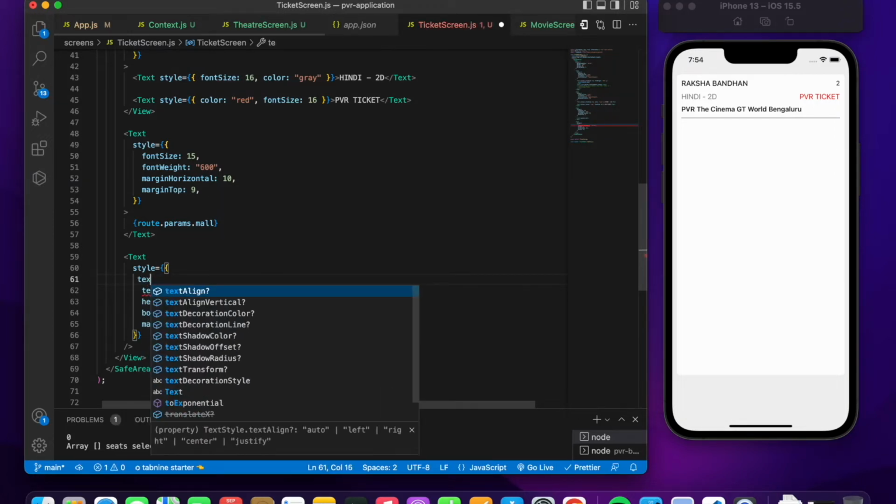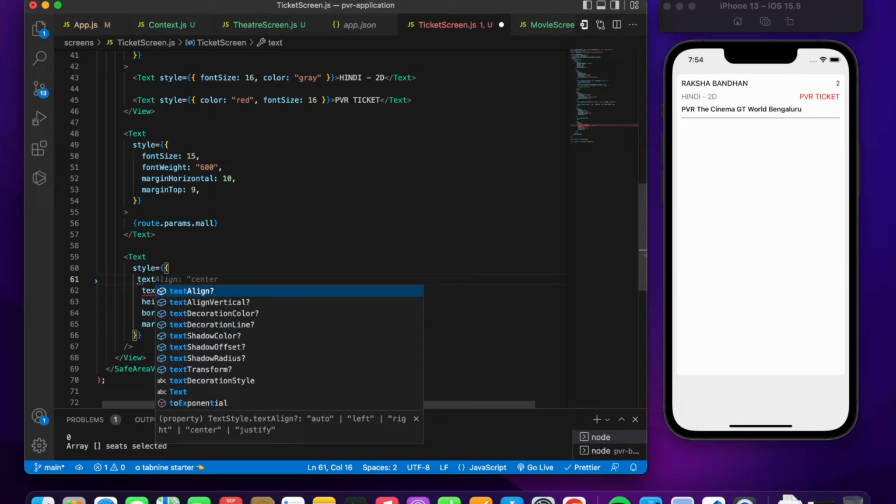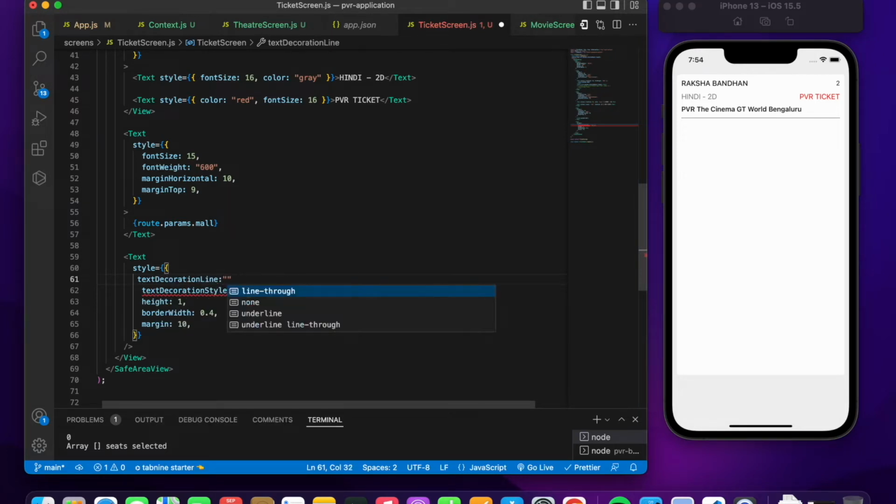Is there any other attribute? Text decoration line. No, that's not the thing. So let's see what is happening. So let us check